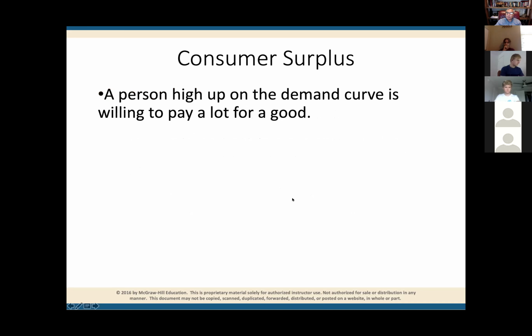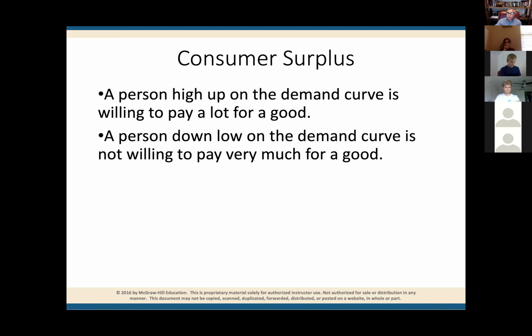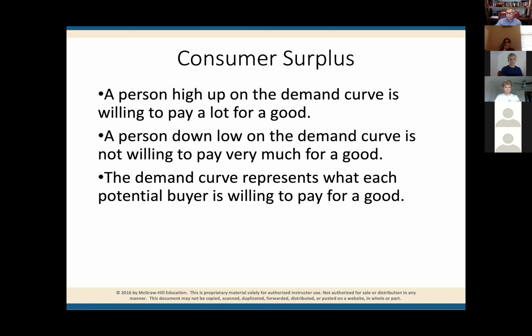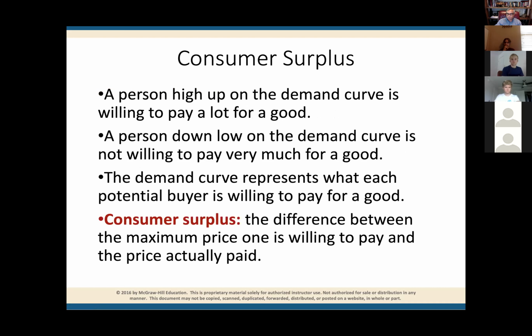Right? So people that expect to receive a lot of pleasure and satisfaction are willing to pay higher prices. But other people don't expect to get that satisfaction, so the only way they will buy it is if the price actually becomes lower. So this also explains the benefits of the market, how the market actually works.